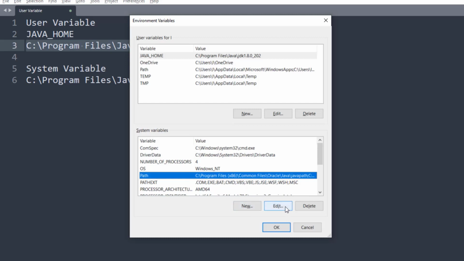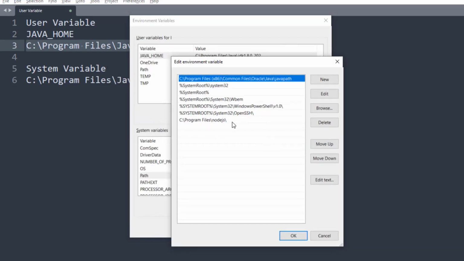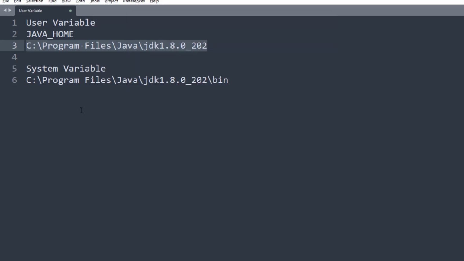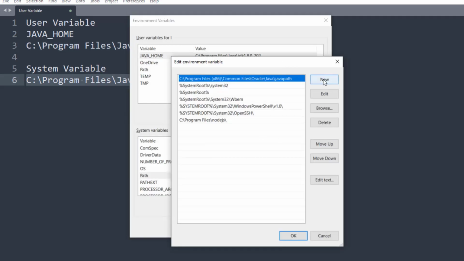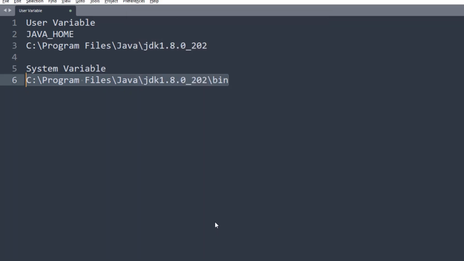So please only edit this Path variable, and this window will open up. Here you can click on New, and then you can give the path till the bin folder, and click on OK. Click on OK, click on OK, and that's what we need to do.